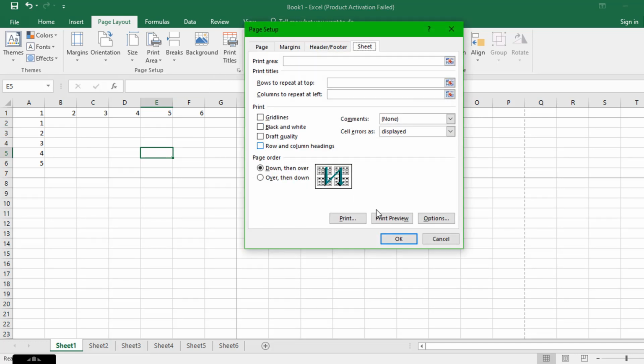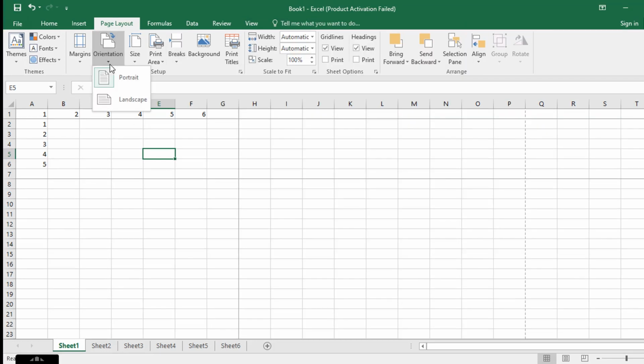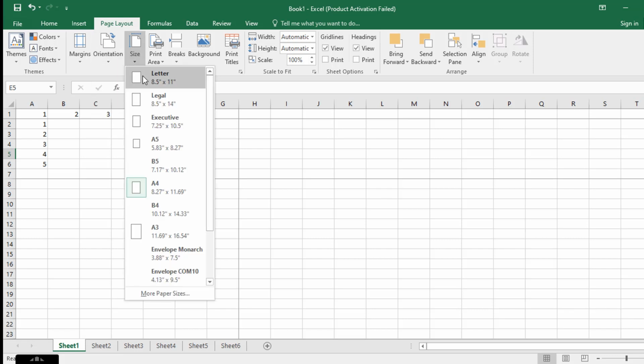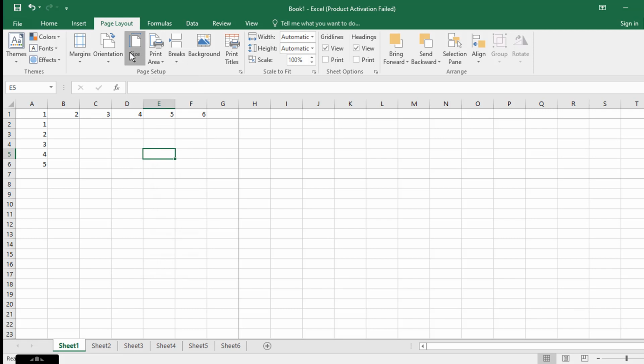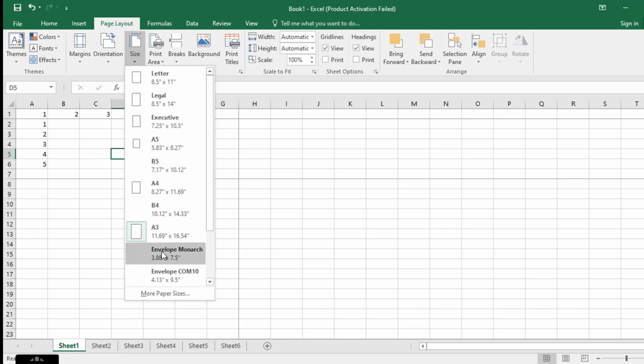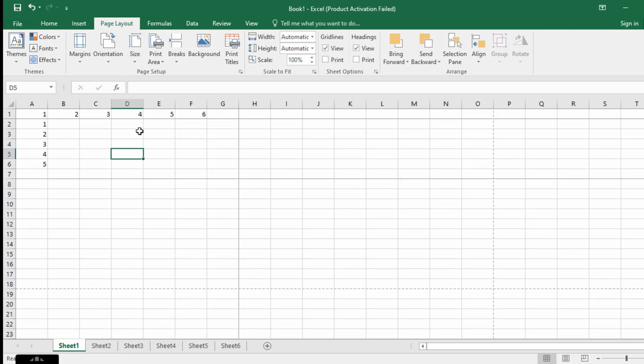Next one is orientation. It can be landscape or portrait, and here it can be changed. Again, the size of each page can be changed here.